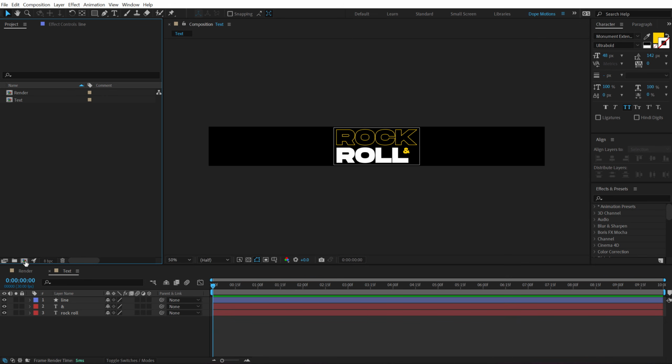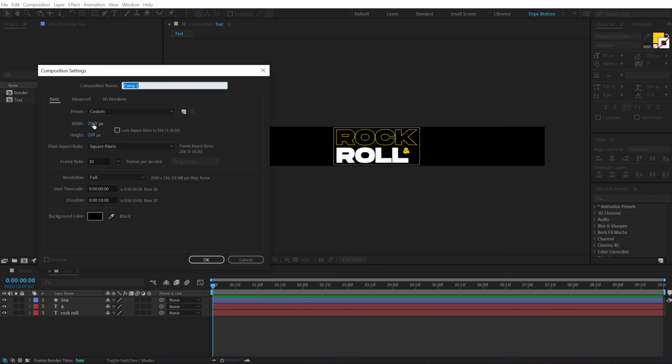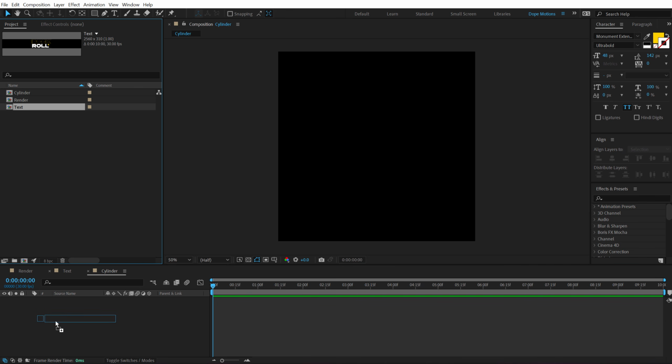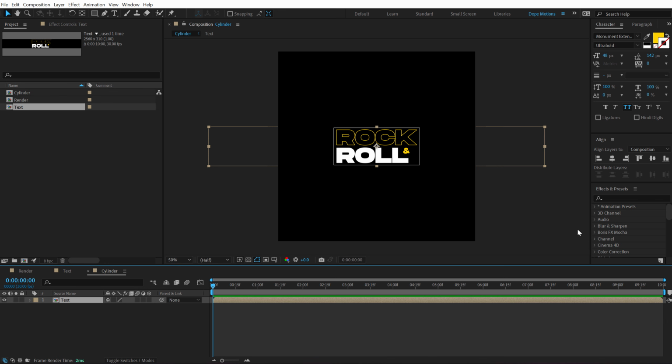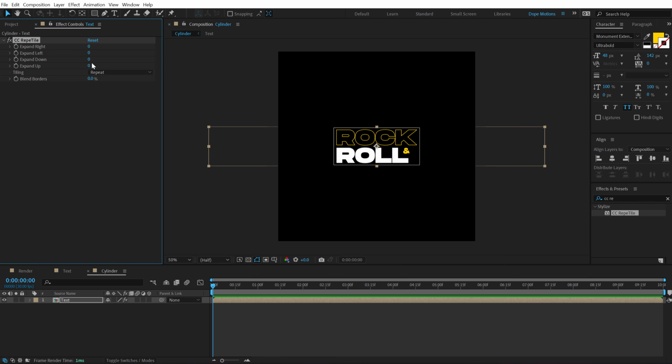Now let's create another new composition. I'm going to keep this 1500 by 1500 and let's call this cylinder and drag and drop the text composition inside of this. Then go into effects and preset and add an effect called CC Repetile. Double click to apply this and set the expand down and expand up to 1000 should be good. So 1000 by 1000